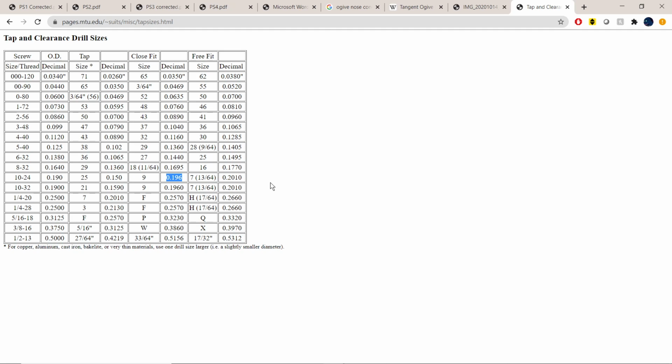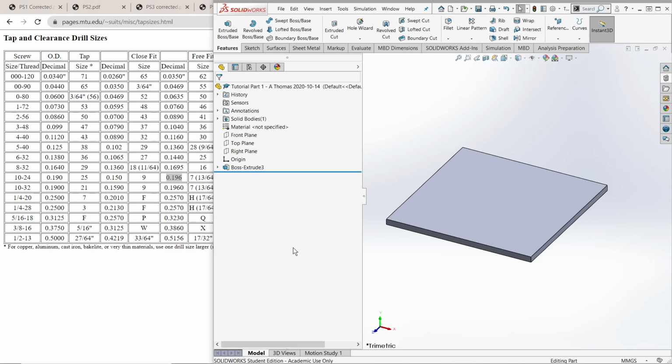And if I wanted to change that in my part, like if I made an extruded cut of a circle with this diameter, and I wanted to change that quickly, I couldn't really do it quickly. I'd have to open up a reference again and find that size. So SolidWorks actually has a built-in feature that will just cut holes for you. You don't have to worry about it. So we're going to click on the hole wizard,